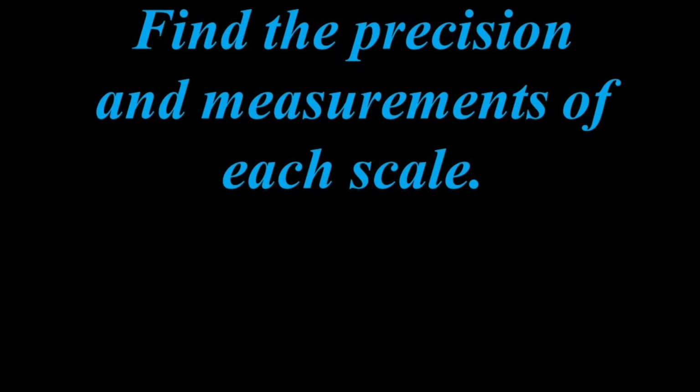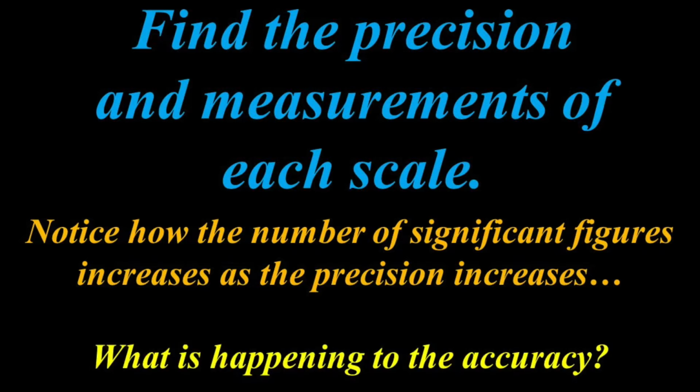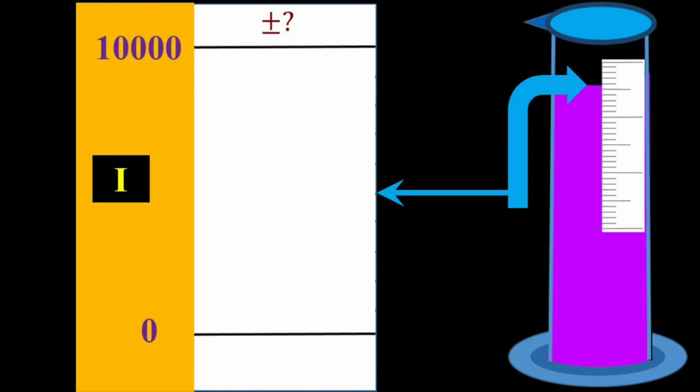Now we want to find the precision and measurements of each scale. Okay, notice how the number of significant figures increases as the precision increases. What is happening to the accuracy as well? All right, so here I have a scale from 0 to 10,000. So what's going to be the precision? Well, the precision is going to be 1,000,